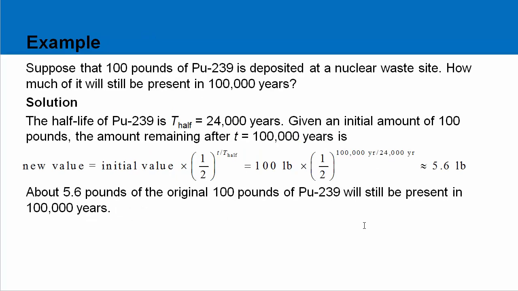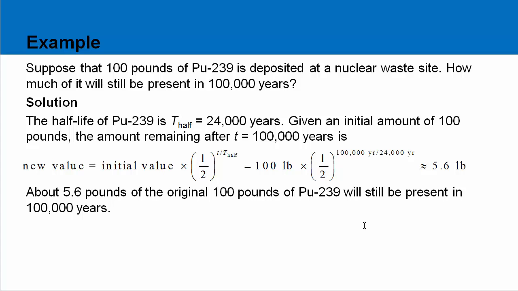Here's another example. Plutonium-239, 100 pounds of it, deposited in a nuclear waste site. How much of it will still be present in 100,000 years? If we know the half-life of plutonium is 24,000 years, well, 100,000 years is almost just a little over 4 of those, so it's going to be cut in half 4 times and then a little bit extra, right? But if you plug it into the actual formula, you can get the precise amount, which ends up being 5.6